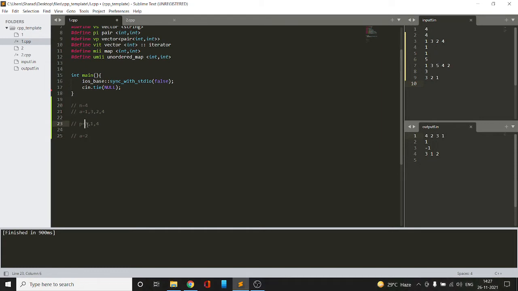Then we will compare 3 and 4. So we will pop 3 and add it to the left. Then we will compare 1 and 4. So we will pop 1 and add it to the left of a, so 1, and then we are left with the choice of 4, so we can add it anywhere, that is leftmost side as well as rightmost side.